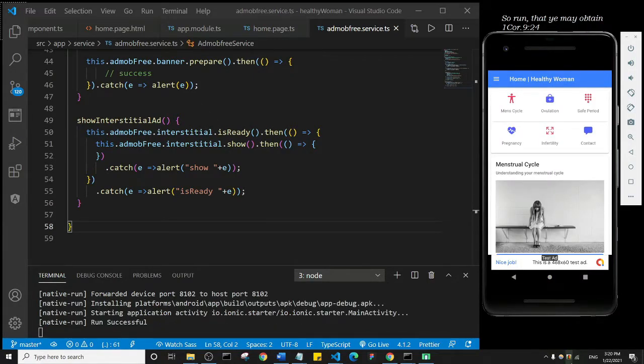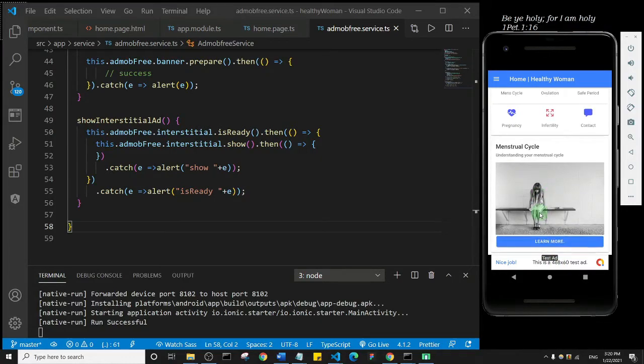All right, so the process has successfully been done. It has opened in my emulator, and as you can see, the test ad shows. Okay, so the banner ad actually shows. Let me just go to my homepage